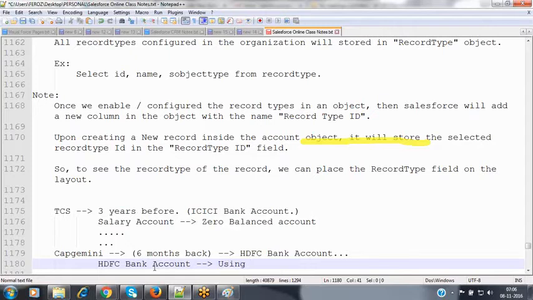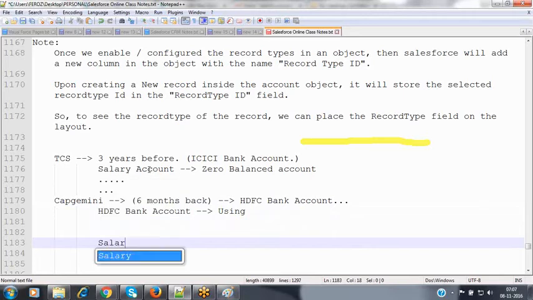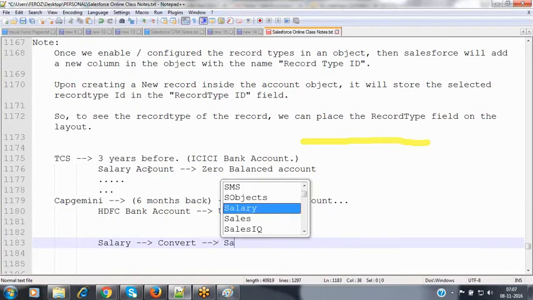Now, since 6 months, I'm not using that ICICI bank account. So what will happen? Will that account remain a salary account or not? At that time, the bank will verify whether this account has been credited with the salary in the past 3 months or not. If the person is not getting the salary inside a salary account for the past 3 months, then automatically they convert that salary account to a savings account.